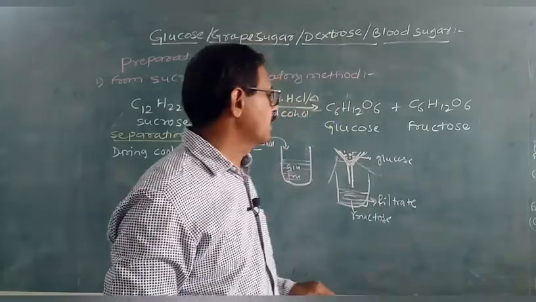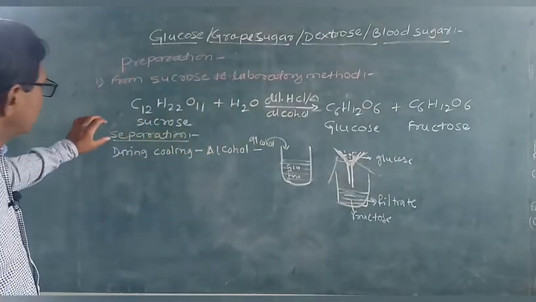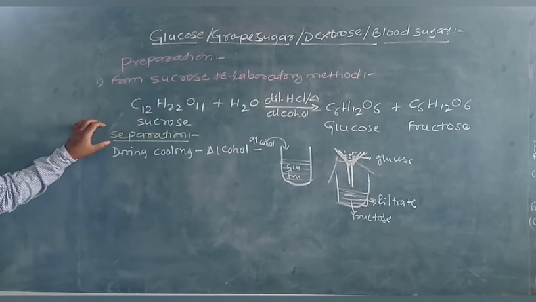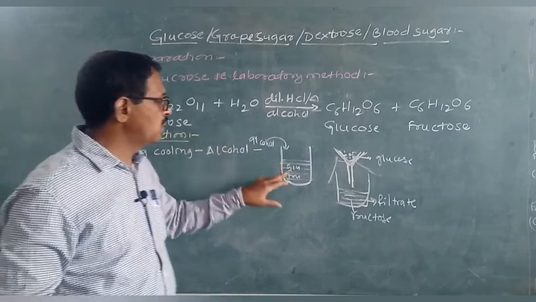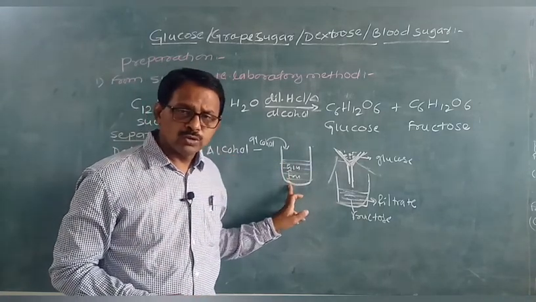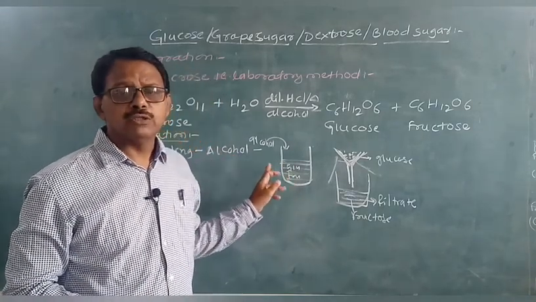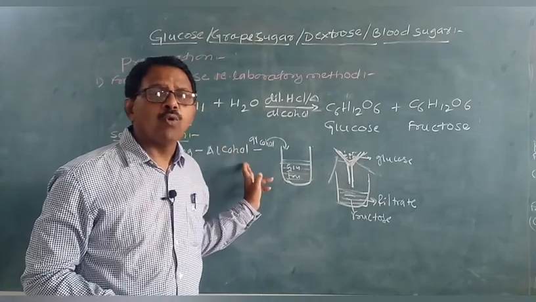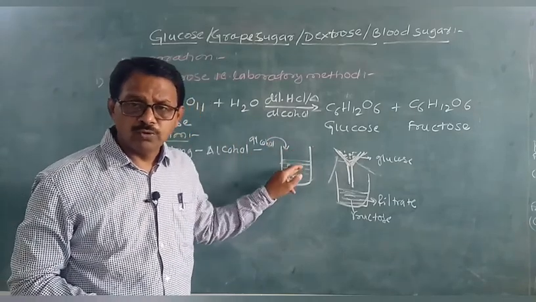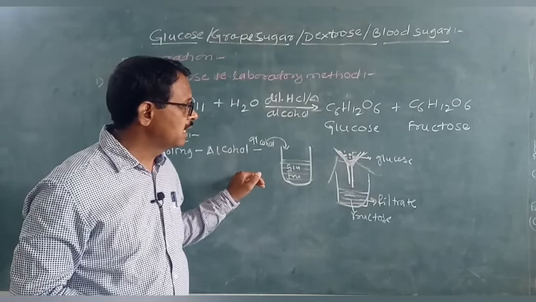In this way we have to write the separation. During cooling, alcohol is added into this mixture. That mixture contains glucose and fructose. Glucose is almost insoluble in that alcohol, therefore it crystallizes out first, or it forms the crystals, and those crystals